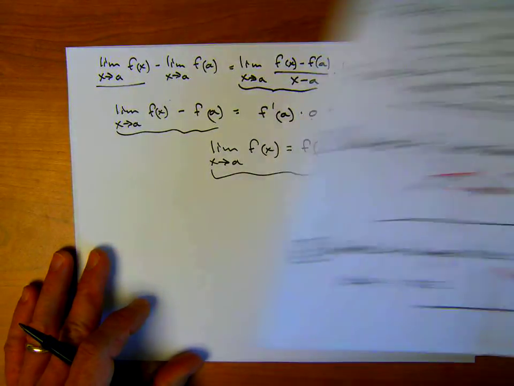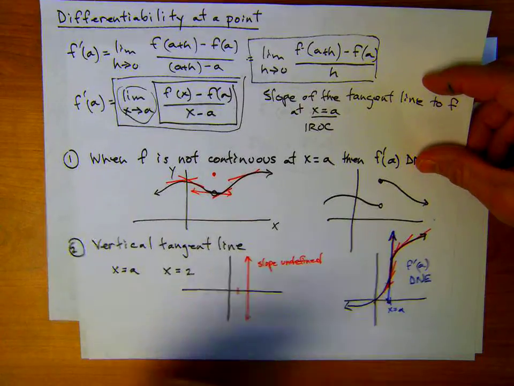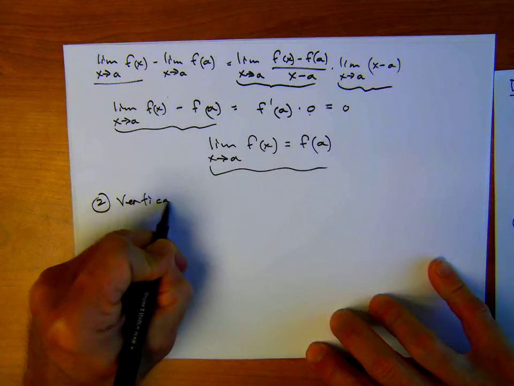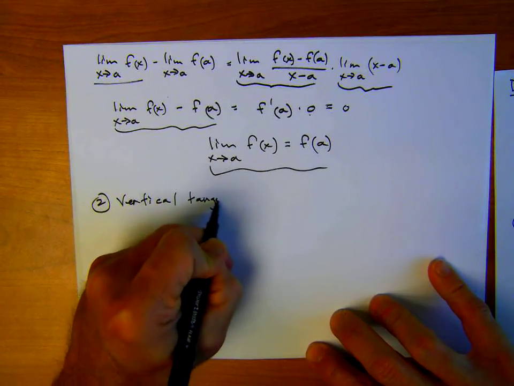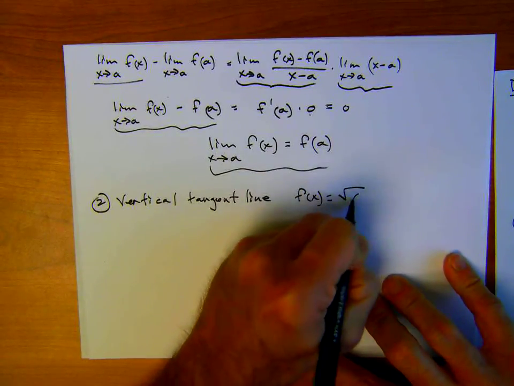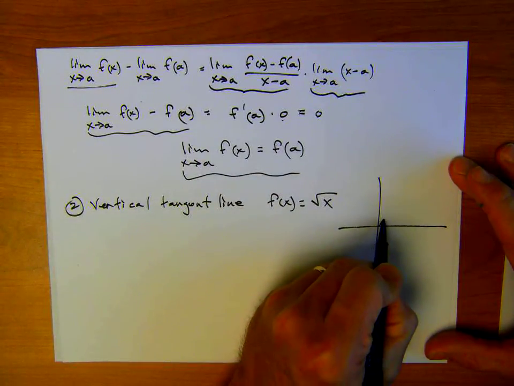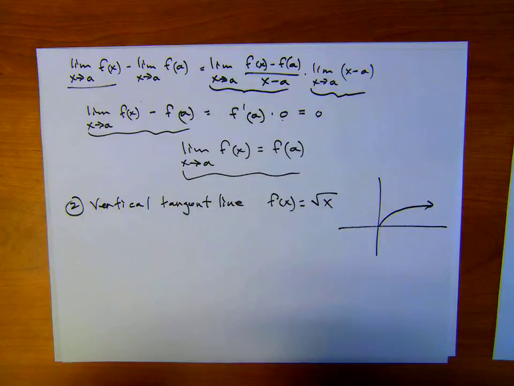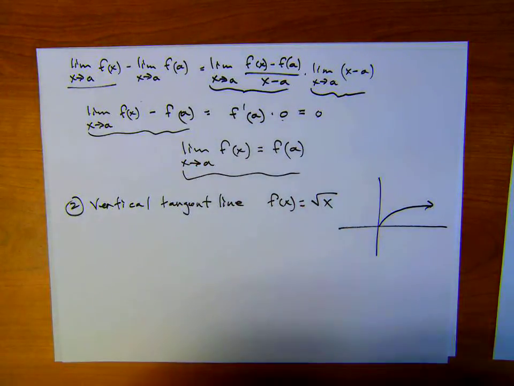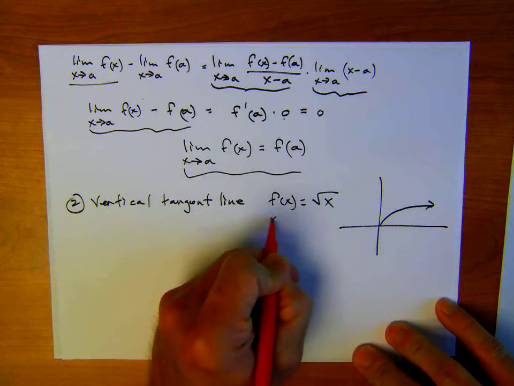Okay, let's look at our second, just a specific example of the second one, this vertical tangent line. I'm going to give you a graphical example, but let's look at a vertical tangent line for a specific function. And this is actually a pretty familiar function. Let's take a look at f of x equal to square root of x. So graphically, we have this thing, it looks like this. And so what we're saying is that as we get close, well, the issue here, if there's going to be an issue, notice it's going to be at x equals 0,